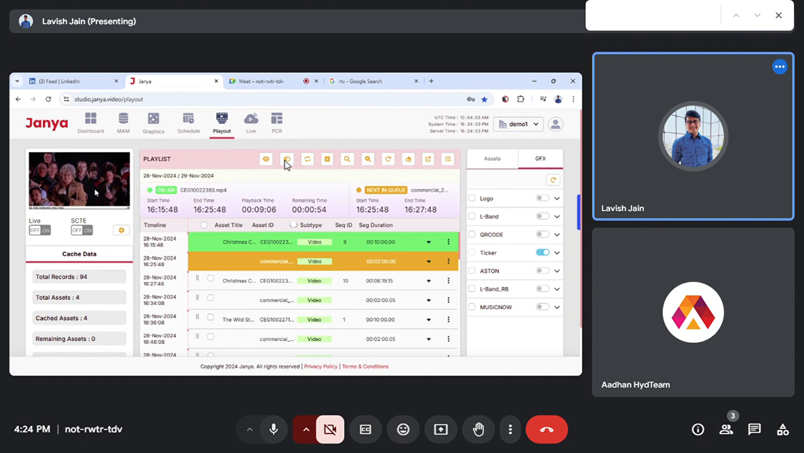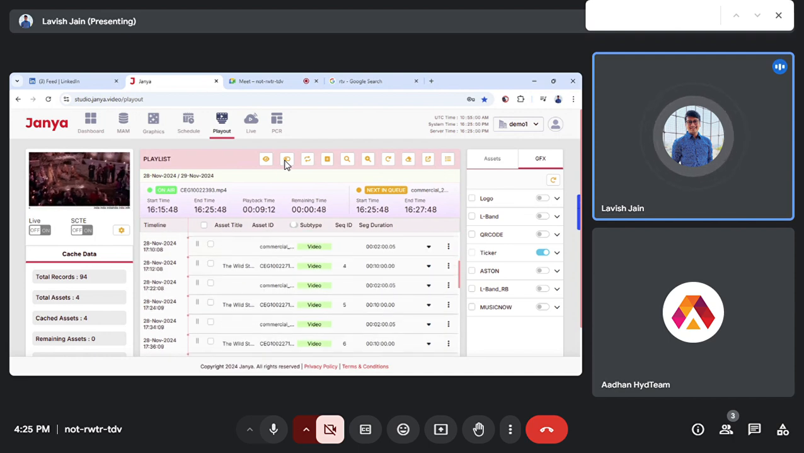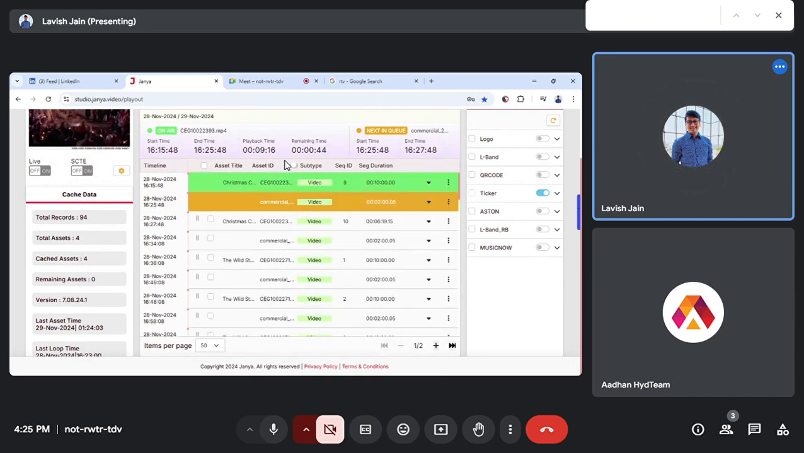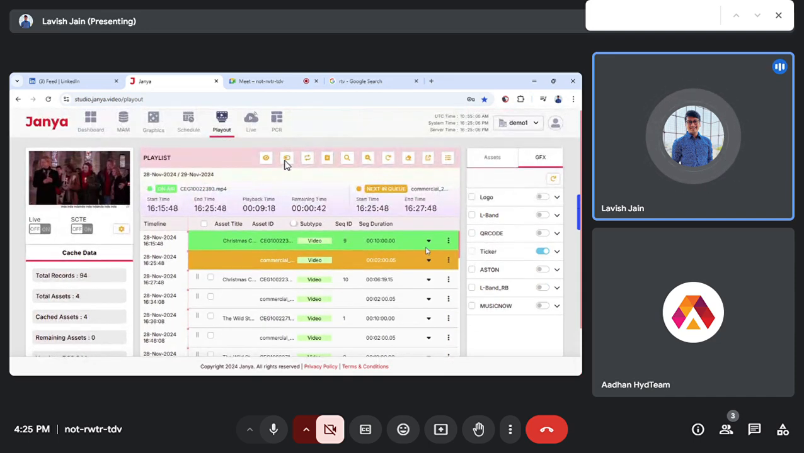So in the playout tab, you can see the live feed which is being played. You can see the on-air information next to the queued file. Just below that, you see the full playlist which is available for today, right? Now, if I want to do real-time operations in the playlist which is appended for today, like you can see,